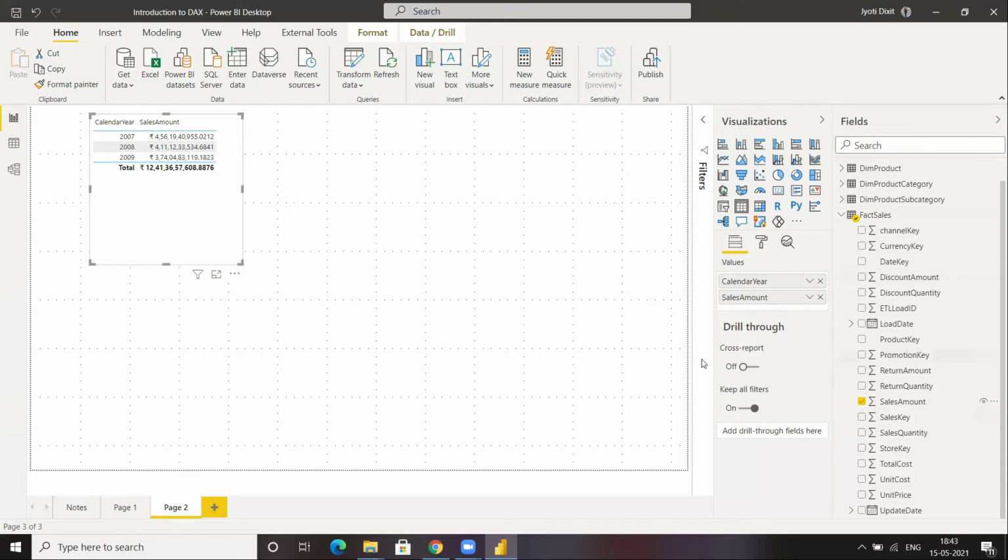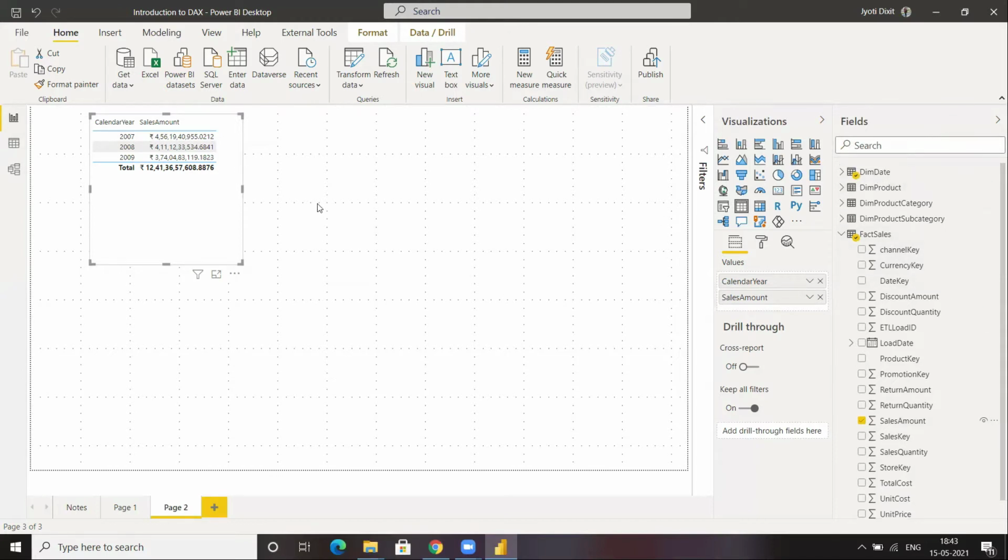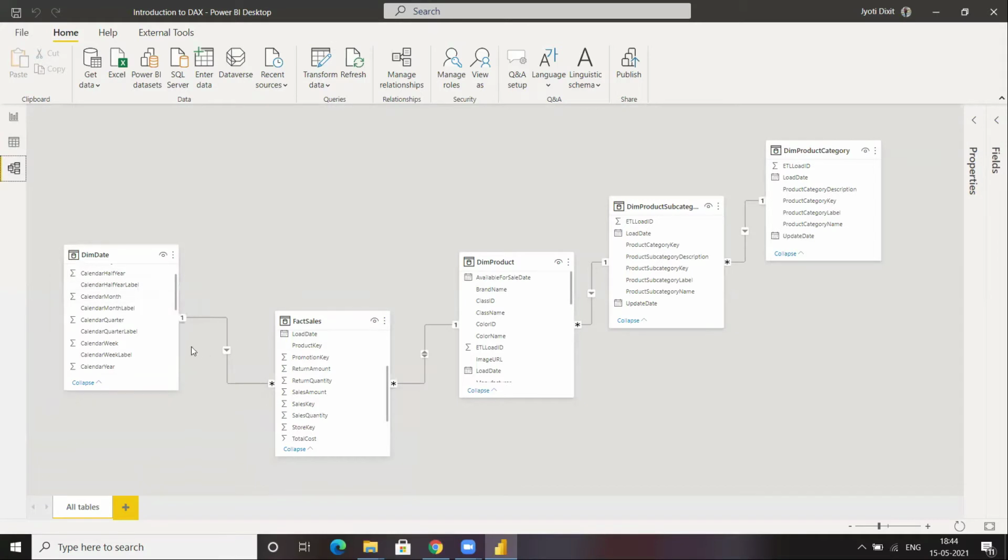this fact sales table, right? So what is going on exactly? I can see that I have a link between dim date and fact sales, and there is a key column, the date key column, which exists in both of these tables, in fact sales as well as in dim date. So what is happening is that in case of calendar year 2007, since this relationship exists between these two tables, 2007 will be talking to this particular table.